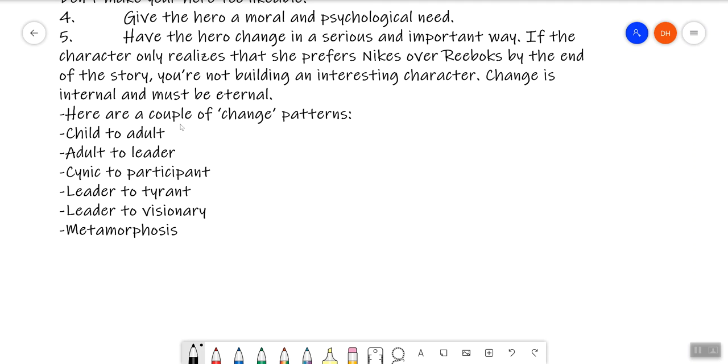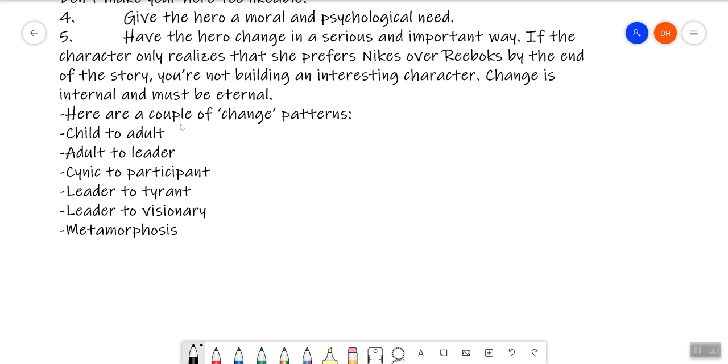Adult to leader, child to adult, those are usually positive. Leader to tyrant is usually pretty negative. Because there we have somebody, and actually The Walking Dead does this at certain points. Rick becomes a tyrant, not because the power goes to his head, it's just that he believes that he's always right and he's always making the right decisions and he's not listening to anybody else. So thereby he becomes more or less a tyrant, forcing other people, right, to follow him or else. And that's a long series.